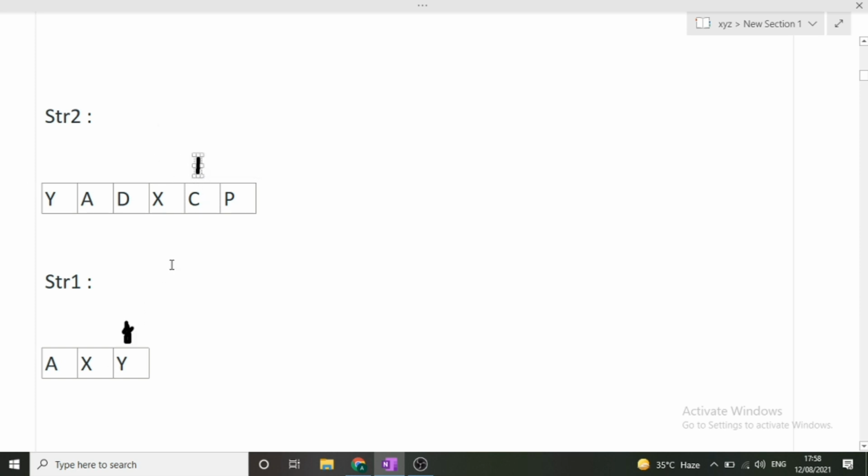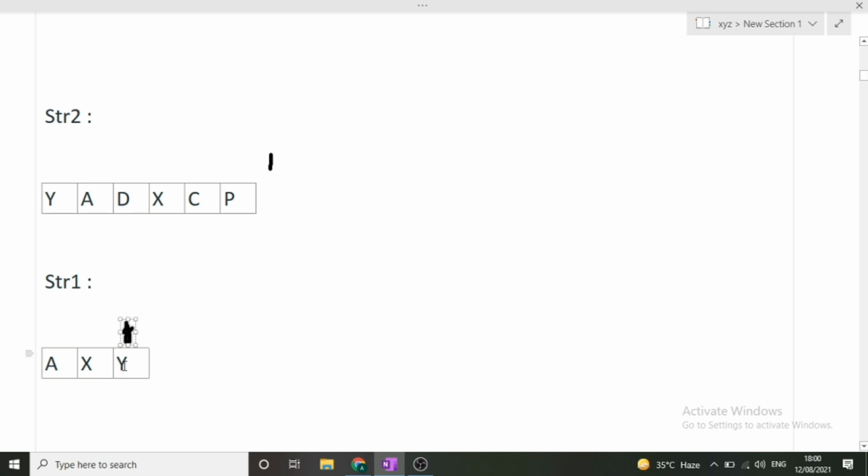Now is c equivalent to y? No, c is not equivalent to y. In this case only the i pointer will be moving ahead. Is p equivalent to y? No, p is not equivalent to y. So again i will be moving ahead. Now see this, while traversing string 2, i has moved ahead. This means that it has traversed all the characters which are present in string 2, but j is still remaining at the last character. It means that this y character was not present in string 2 keeping the relative ordering same. y was present but keeping the relative ordering same, y was not present in this string 2, and we have traversed all the characters and still the j has not crossed this particular line.